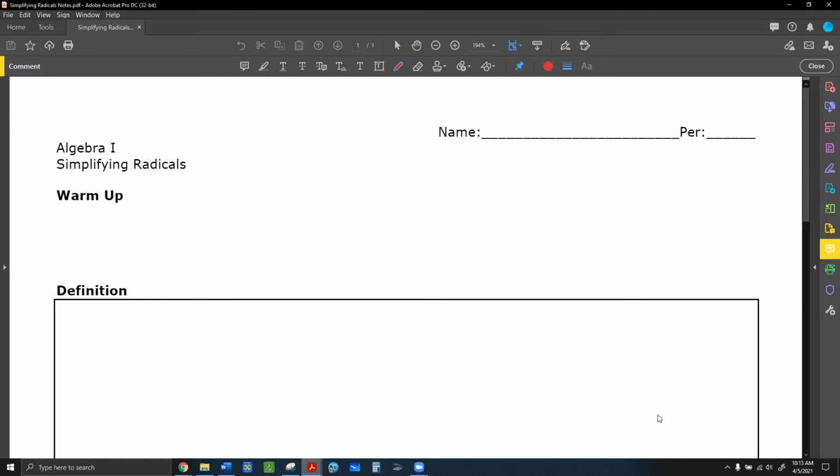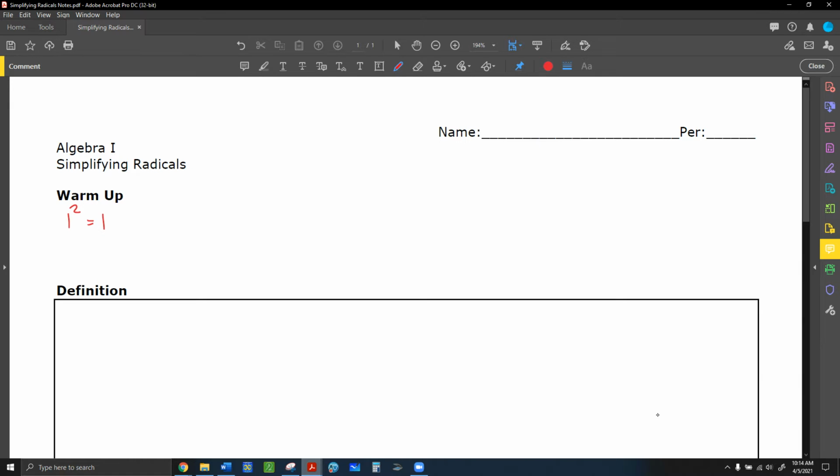Hi everyone. Today we're going to be completing our notes on simplifying radicals. Before we talk about radicals, I want to start off with a warm up and just think about perfect squares. What I mean by perfect squares are the numbers that we can square themselves and get a whole number. Our first one is 1 squared, or 1 times itself 2 times,